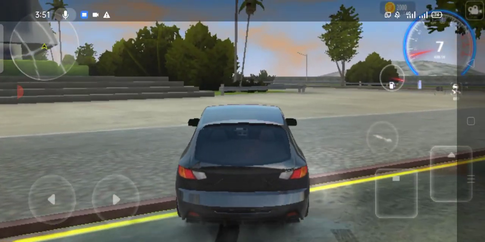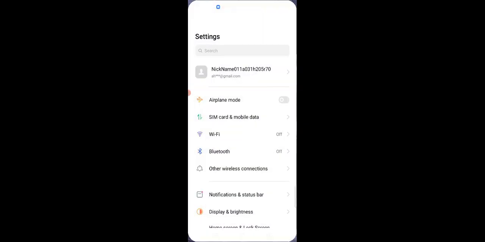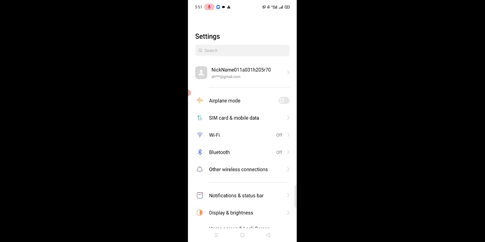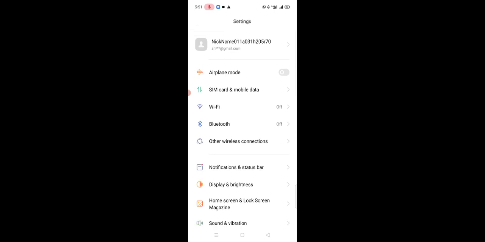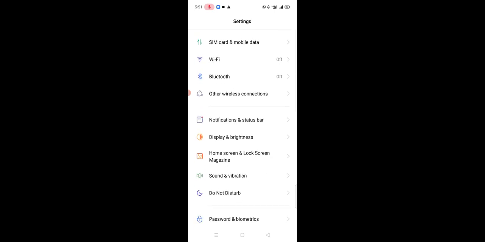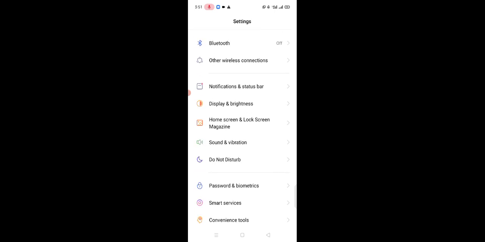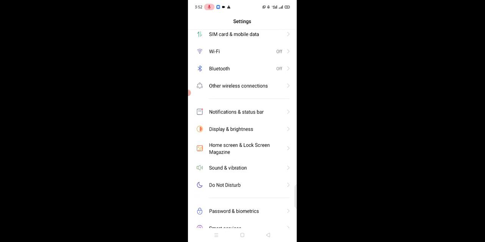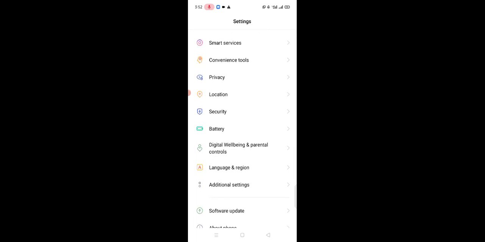Firstly, go back to your home screen. After that, enter into the mobile settings and check if your internet connection is working properly or not. If your internet connection is not working properly, just connect your Wi-Fi device and get a strong network. And second option,